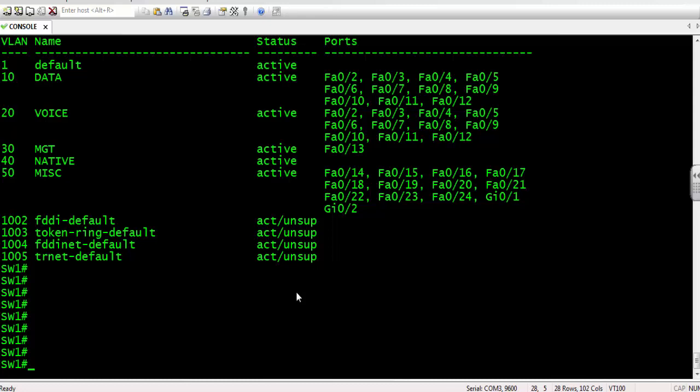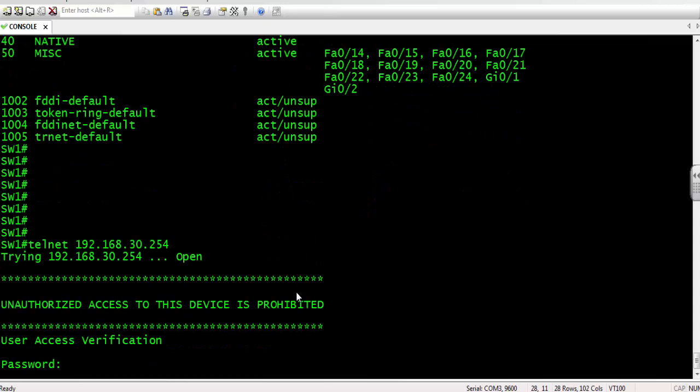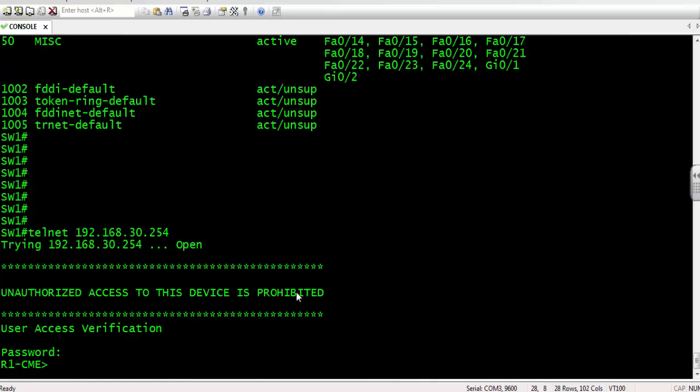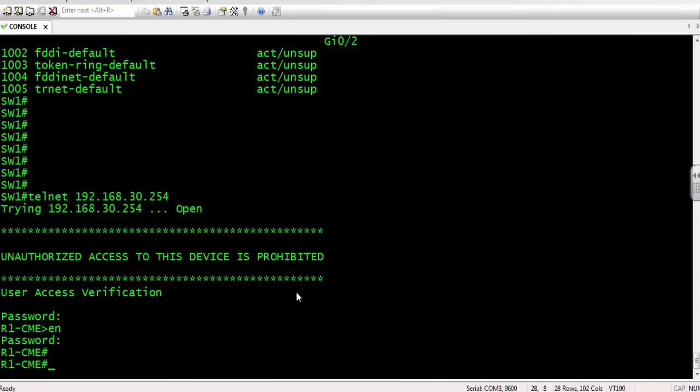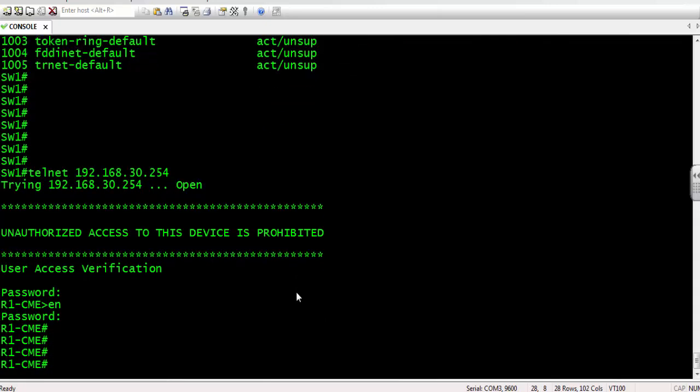My console cable is connected at the back of the switch, and I telnet the IP address of that router. Hit the enter key, and we've got the connection from router 1. Hit the enter key, type again the password, enable, Cisco. I'm now inside of router 1,